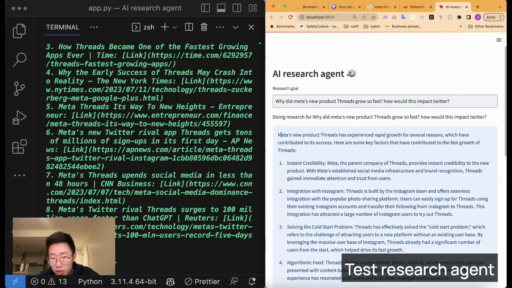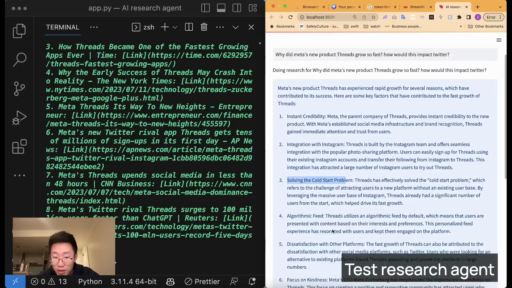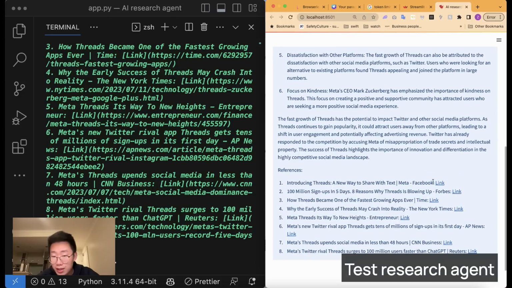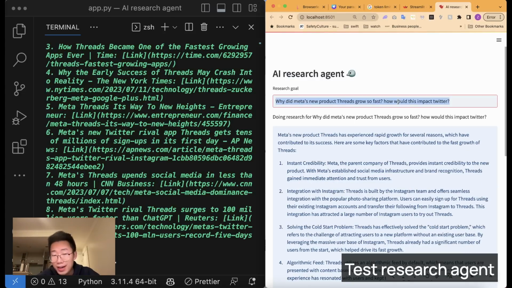Meta's new product Threads grew very fast because of instant credibility and integration with Instagram, solving the co-star problem, and a few others. So this is a pretty decent result, and it actually includes a list of reference links about where it got this information from. So you can imagine you can use this information to easily feed another large language model to write a Twitter thread from this. But on the other side, this research agent can also be awesome for lead scoring and background research